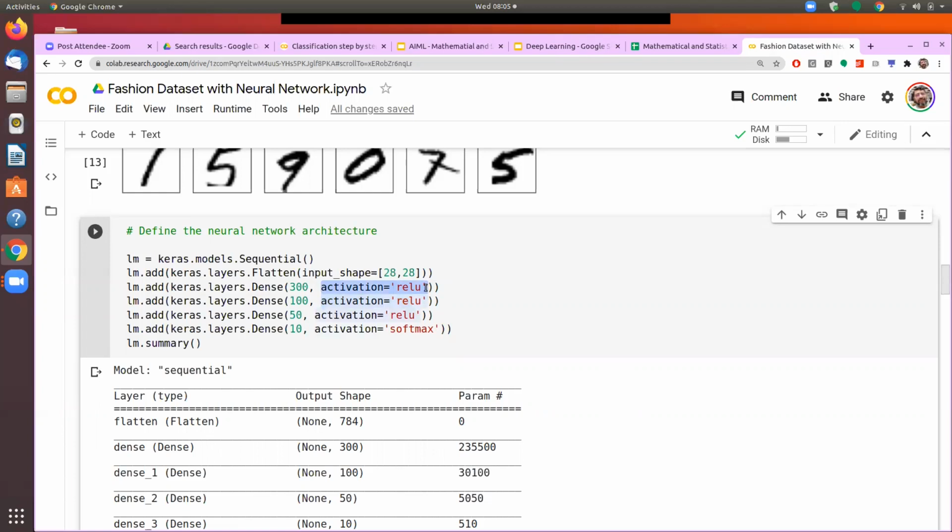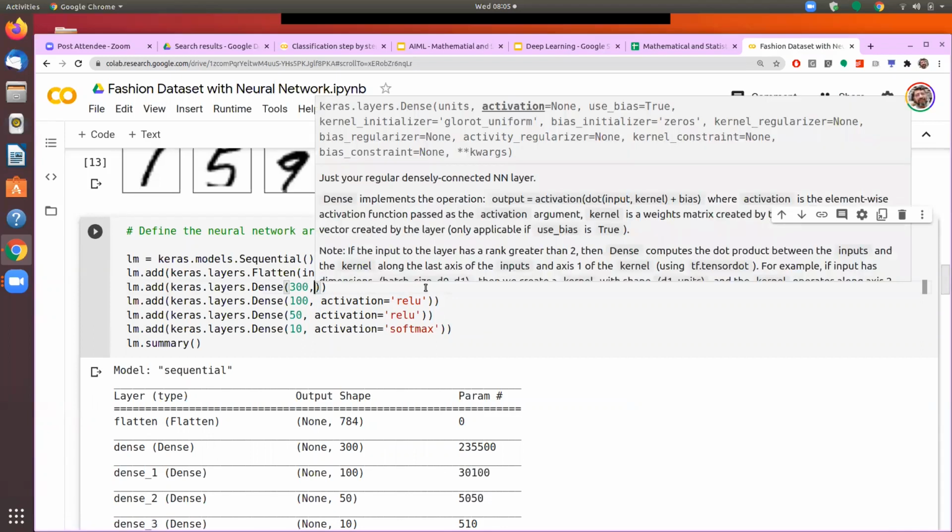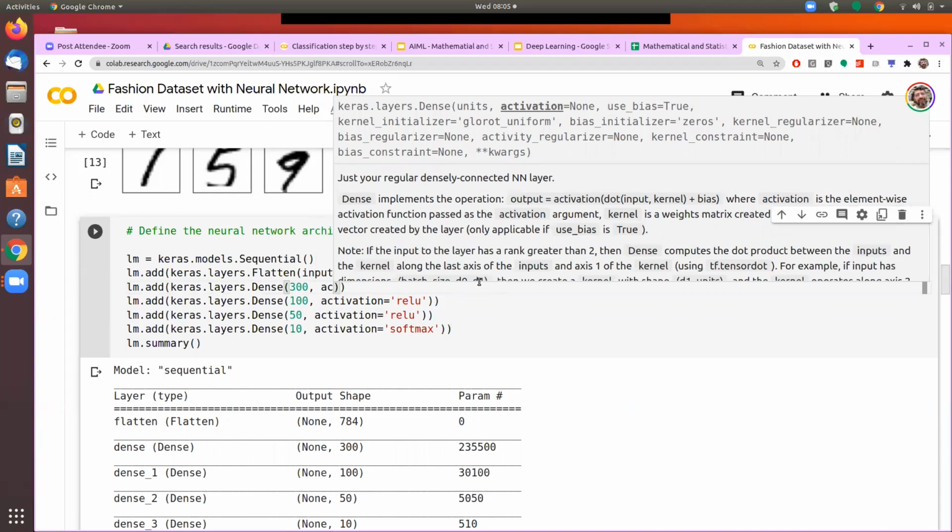Let me check if that is the default. So here, as we see here, yeah. So no, default is activation is equal to none. So we will have to define that. So since we want ReLU to be the activation,